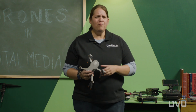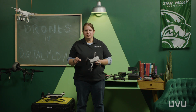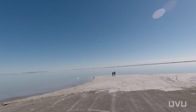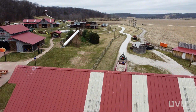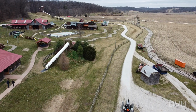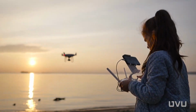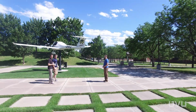One of the first questions that I get is, what drone should I get? Well, honestly, get the one that you can afford, and don't feel like you need to get the latest and greatest, most expensive. What you need to do is get flight time. You need to get comfortable learning how to fly, understanding the movements, dealing with wind, dealing with objects. I mean, you're dealing with a lot. And so the more practice you get, the more comfortable you will become, especially when you start flying the beefier,